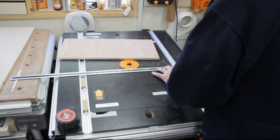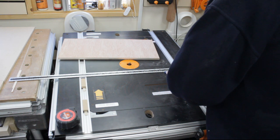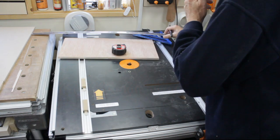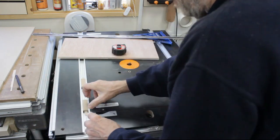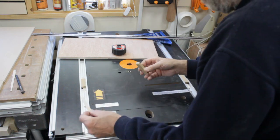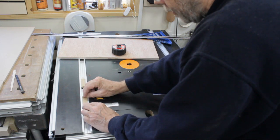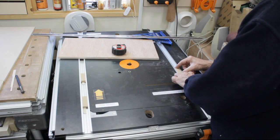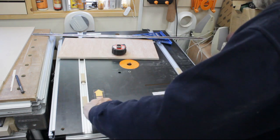Going to establish the right angle across the aluminium rails. What I've done then is to get the little bit of offcut that I had from that trimming of that board, just to lift these blocks very slightly clear of the table. What that should do is mean that if I put the table down on top of them, they'll be square with the table